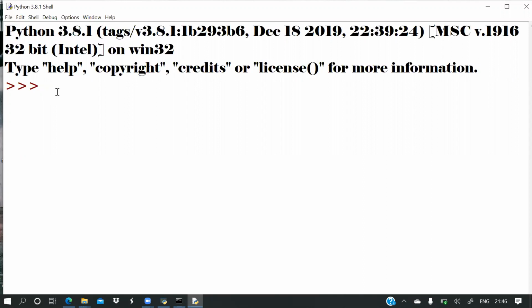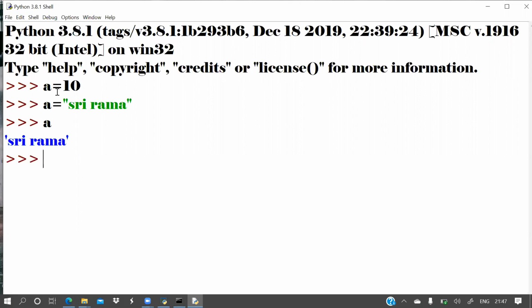Now if I write a is equal to 10, and a is equal to Sri Rama, now I am again printing a. Now what is the output? Can you tell? Sri Rama.